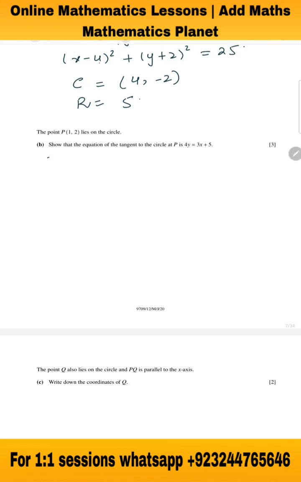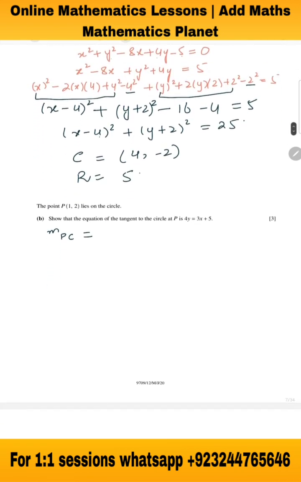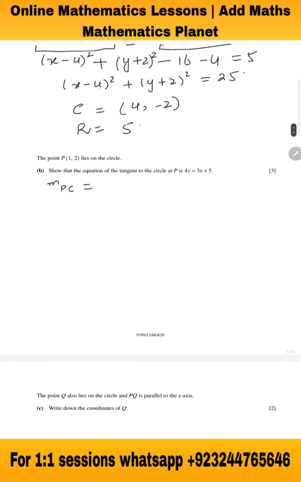So for the equation of the tangent of the circle, we should know the slope of the perpendicular of the circle, and we know one point on the circle. From the center of the circle to any point of the circle, the slope would be equal to 2 minus minus 2 divided by 1 minus 4, which is equal to minus 4 by 3. So the slope of the tangent would be equal to minus 1 over minus 4 by 3, which is equal to 3 by 4. So the equation of tangent